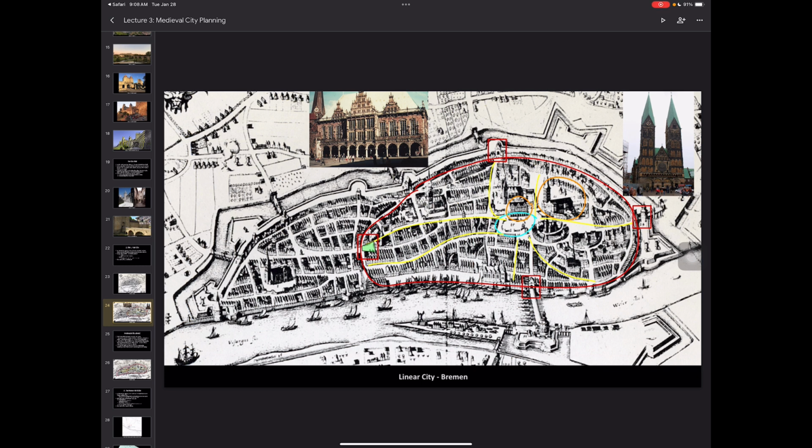So we see we have a town hall, right? A Rathaus, as it's called in Germany, Palazzo Pubblico, as it's called in Italy, right? And this is what the one in Bremen looks like. So we know that this is a town that is ruled by its merchants because it's right in the smack center. However, we also see that there is a cathedral over here, right? So we know that there is probably a bishop here, but because the bishop is not centered in that main square, we know that they are not the ones with the main authority here, right? It's the townspeople or the merchants that have the most power.